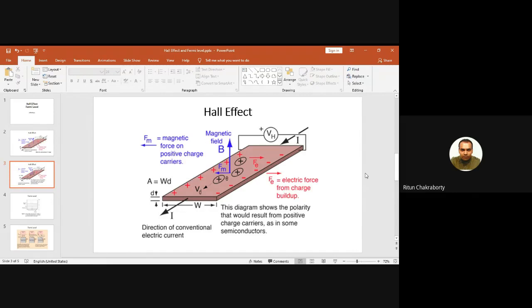Each charge carrier is accelerated by applied field, but often it scatters and loses energy. If we assume that the average time between scattering events is tau, then we have on average a retarding force acting on the charge carriers. So the charge carriers undergo scattering with the impurities present in the material, and tau is the time